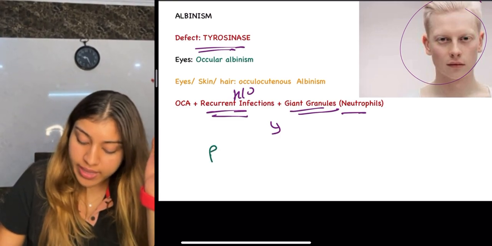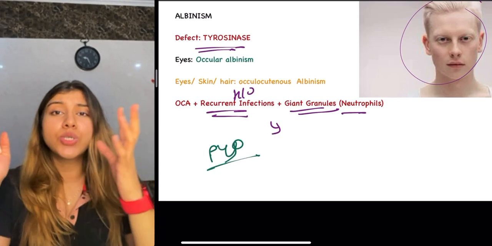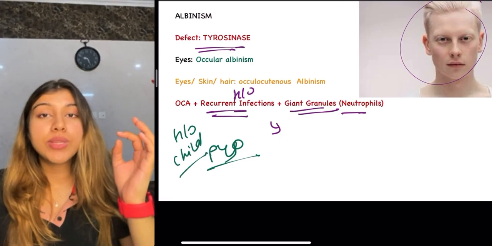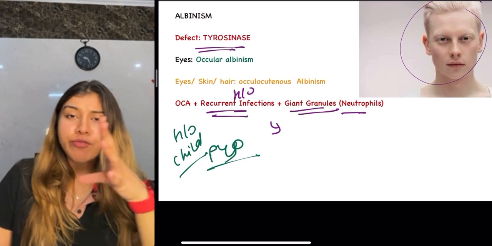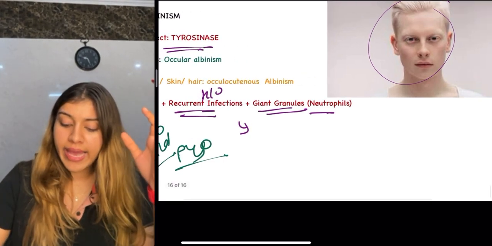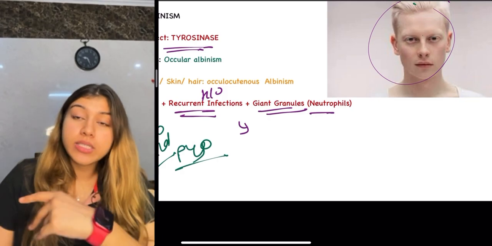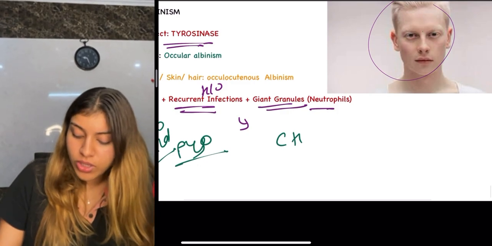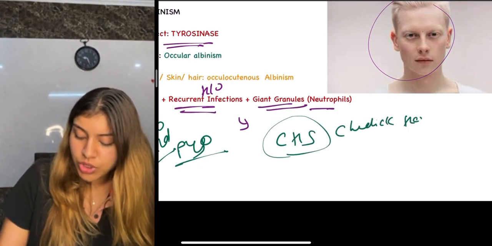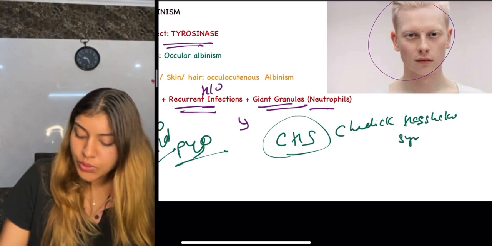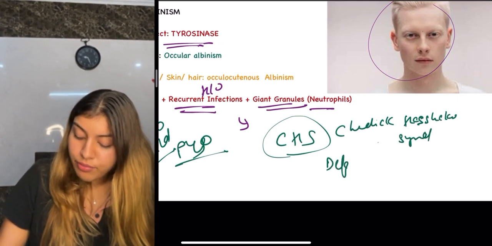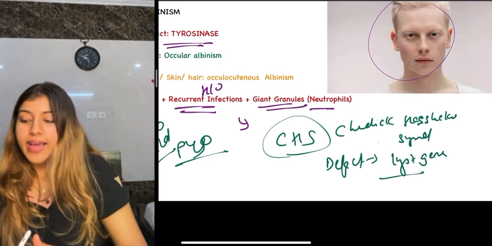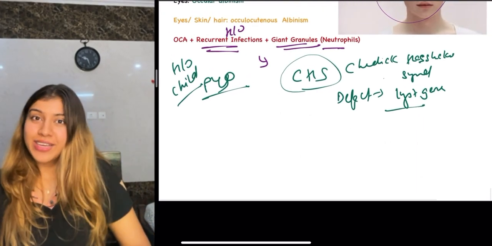This is a PYQ. Okay guys, so what are the three things that you need to know? There will be a history of a child who will come with oculocutaneous albinism. Very hypopigmented. As this individual, you can see the hair is white, eyes are white, everything is white, right? So oculocutaneous albinism, recurrent infections, okay, giant granules. What is this? This is your Chediak-Higashi syndrome. And what is the defect here, guys? The defect that you will see here is going to be in your LYST gene. Okay, I hope you guys have understood this, and let us see you in the next part. Thank you.